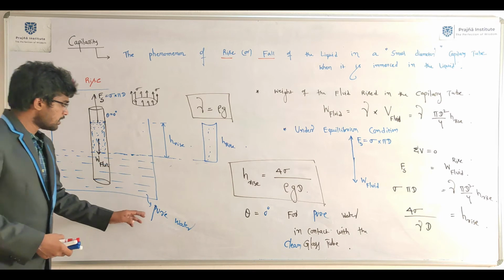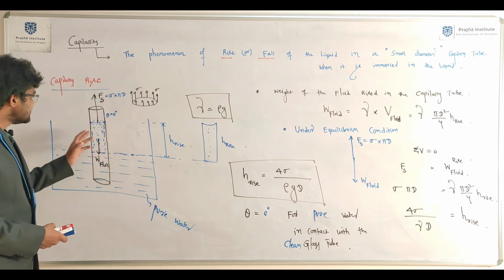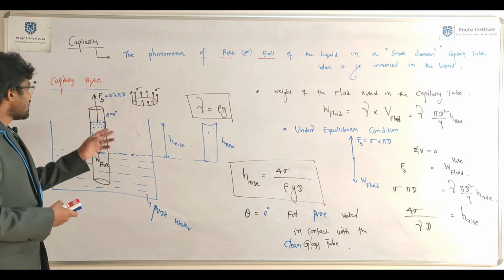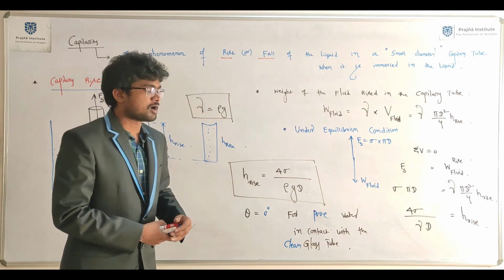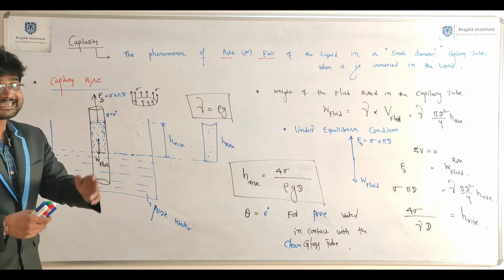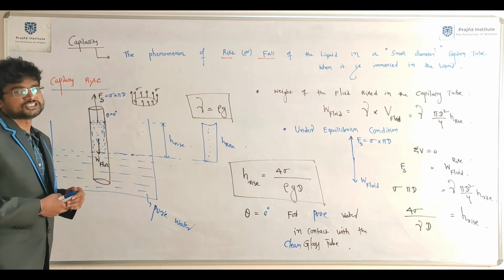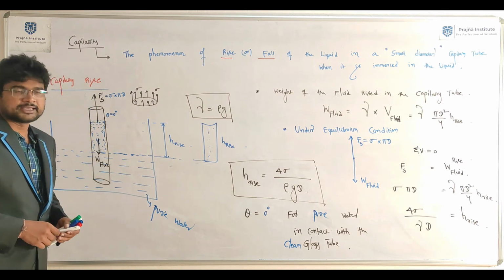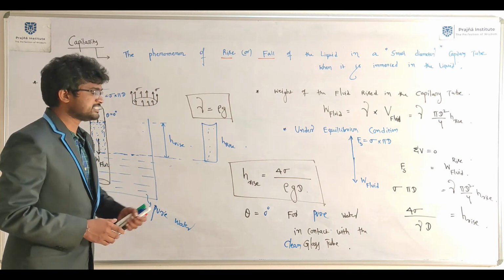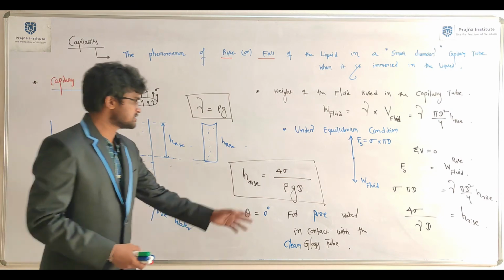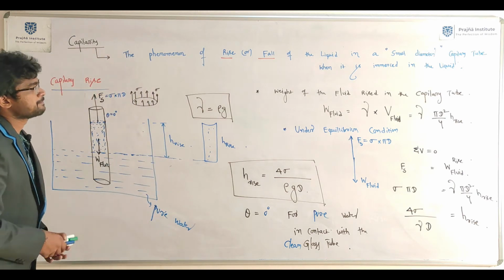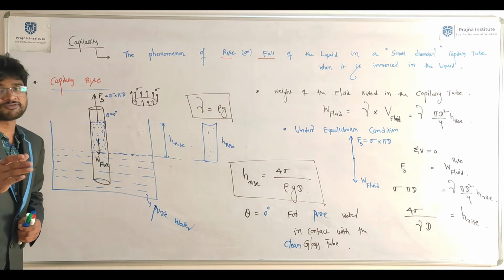Initially we took ordinary water in contact with the glass tube. In that case theta is an acute angle, theta equals 21 degrees, which is why you got a concave shape here, concavity. So we derived for that: H rise equals 4 sigma cos theta by rho g d. But here theta equals 0, so cos theta equals 1, giving 4 sigma by rho g d. Write down up to here. Now we can discuss capillary fall.